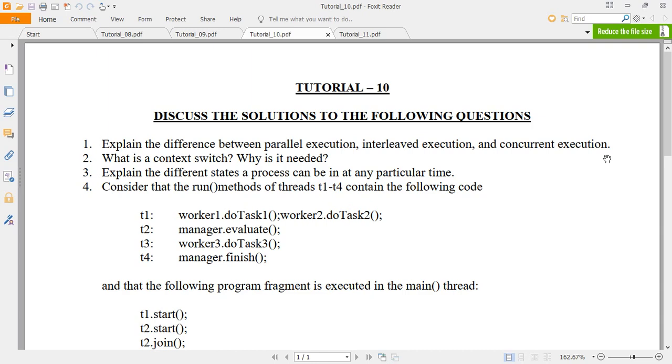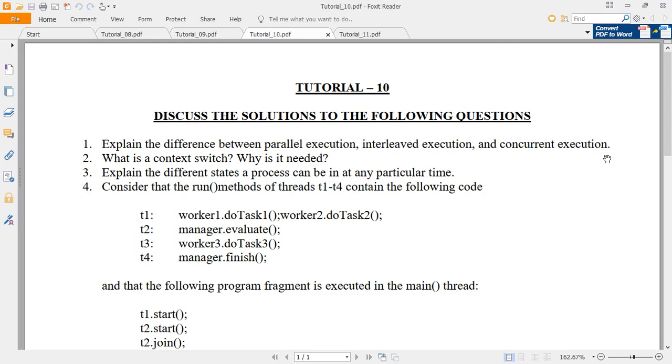Interleaving means the task execution does not happen in sequential order. That means the tasks are interleaved, the second task is started before the first one could end its execution. So there is no proper order in which the execution of the tasks takes place.